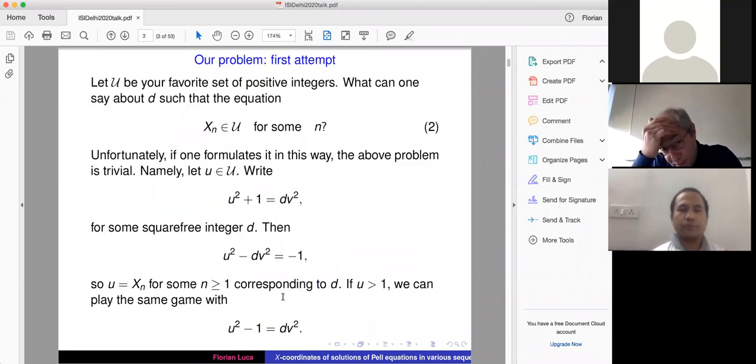So my problem would be the following. Take u to be your favorite set of positive integers. My question is, what can I say about the numbers d such that the x coordinate of the Pell equation corresponding to d, x sub n, lands inside u for some n? Of course, you would want u to be some thin set of numbers. If you take u to be all the positive integers, then this is not much of a question because all the xn's are going to be there. You can take more interesting subsets like maybe Fibonacci numbers or squares and so on. But if one formulates